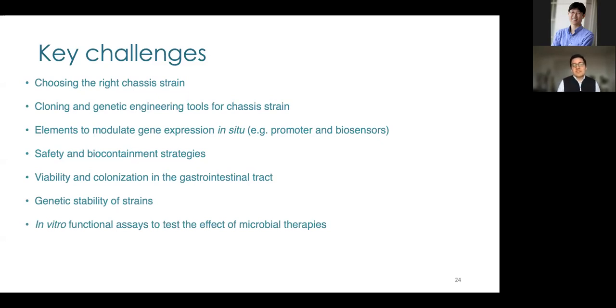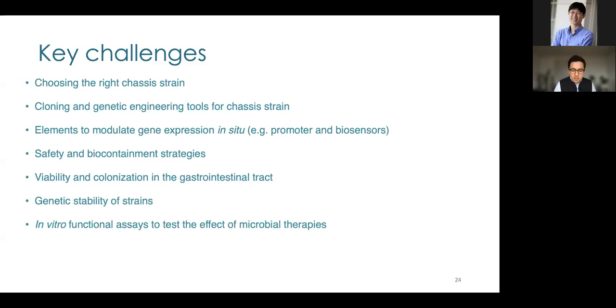However, this cycle can be pretty difficult, because doing an animal study usually takes several weeks, and processing the data, and all of these things, plus the ethical considerations of using animals for these studies. All of these things have to be taken into consideration, and that's why we also put a lot of focus in developing in vitro assays that allow us to have some readout of our different strains, how much we have optimized them, how much we have changed them, to actually have a positive effect in our model.